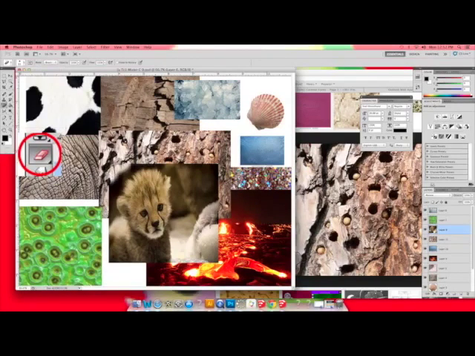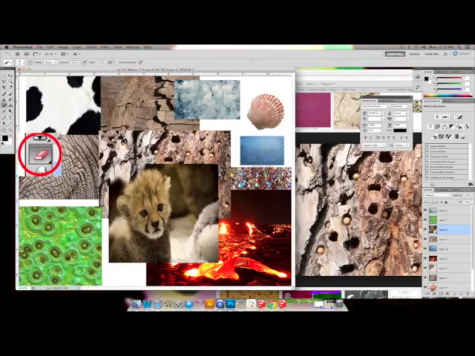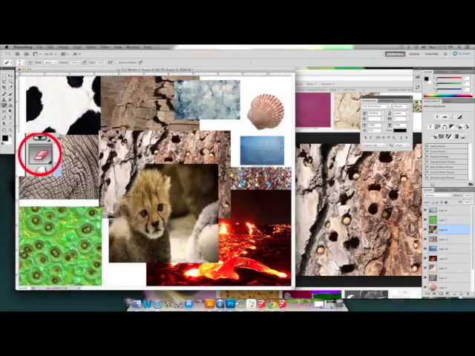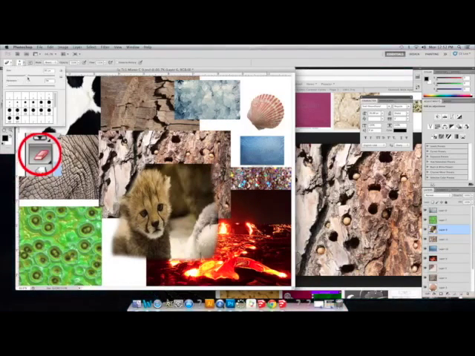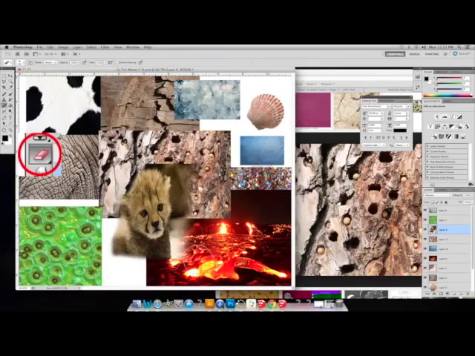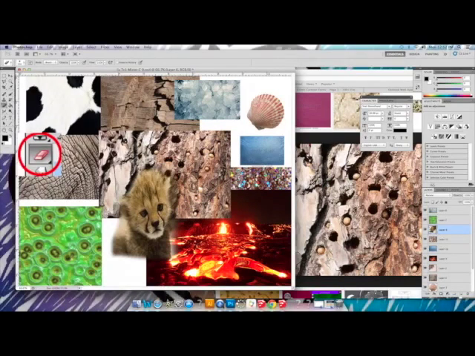And I'm going to erase everything I don't need from this picture because all I want this project to be about is textures. I don't want it to be about specific animals. So part of what I don't need is obviously this area that's over here that's empty. And another part of what I don't need, so I'm erasing that with a really large eraser,